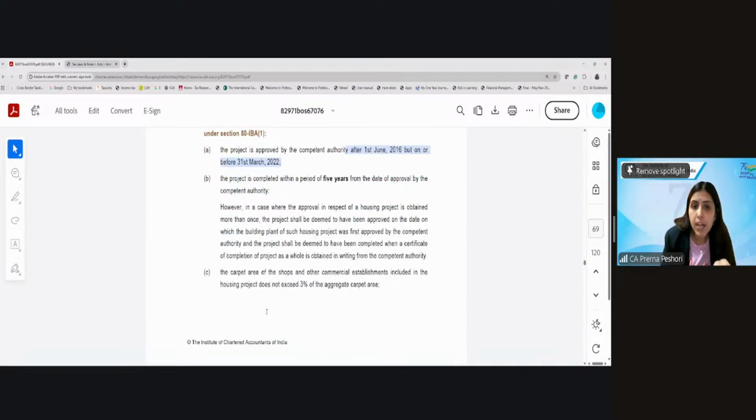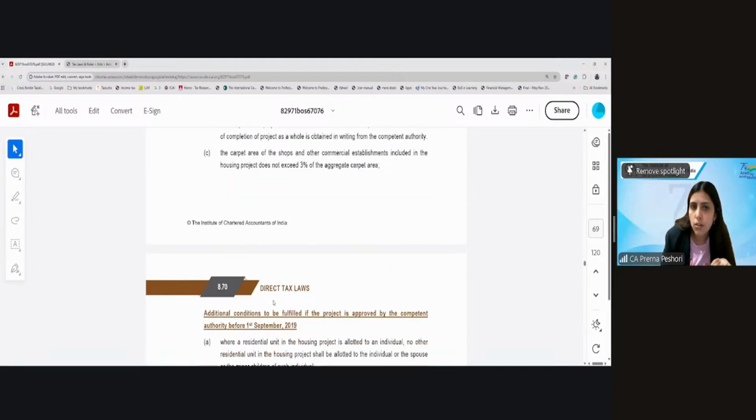So the carpet area of the commercial establishment should not exceed 3% of the aggregate carpet area, meaning it should be for the housing project. It should not be a commercial establishment. In order to claim this deduction under this particular section, the builder should not develop, let's say, only 10 houses and the rest commercial premises. They may say that this is a housing project only, but there may be only 10 houses and the rest